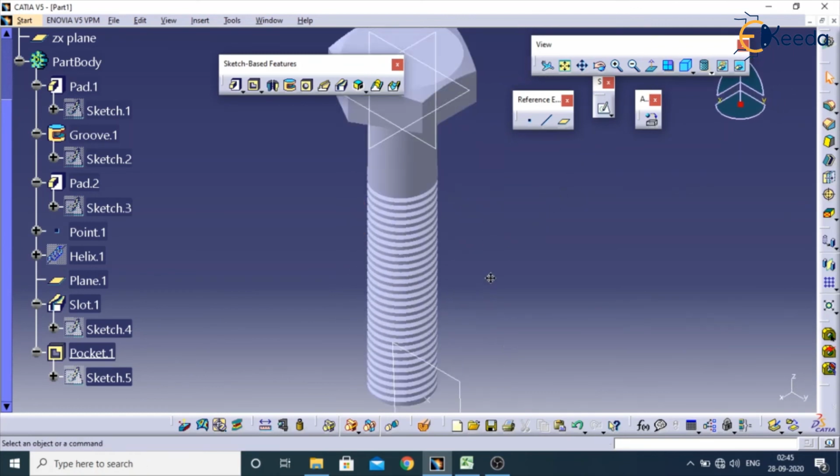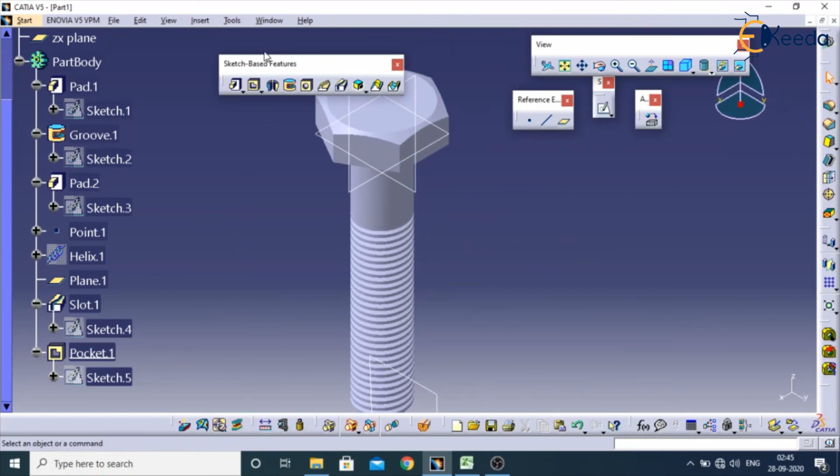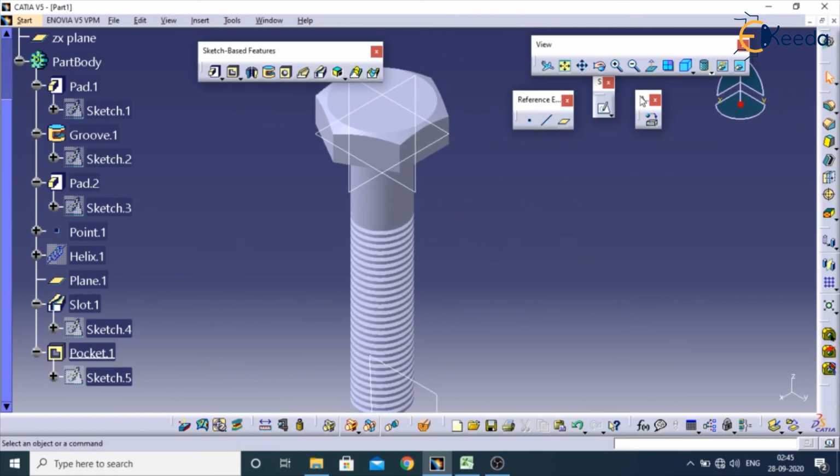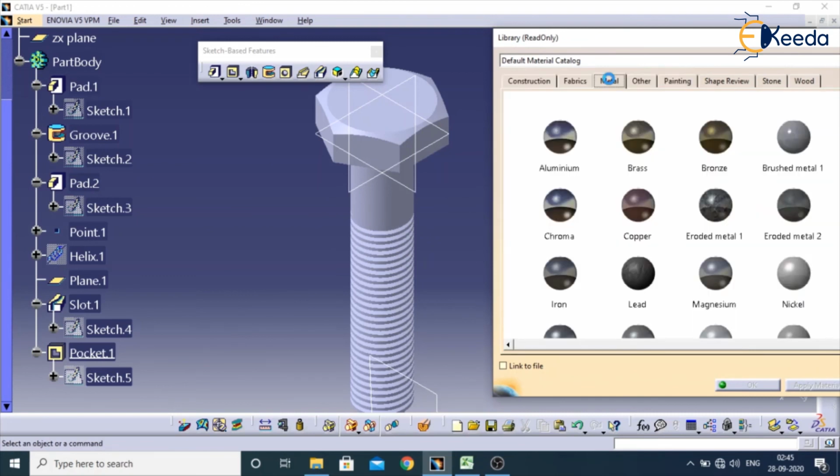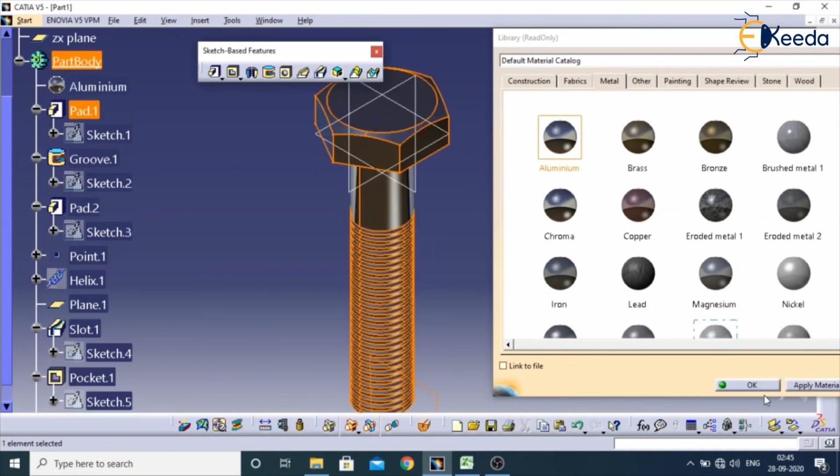Click on isometric view. If you want to apply material for this particular object, the apply material toolbar is available over here. Click on this. Go for metals. Click on aluminium. Drag and drop the object on this. So you need to apply OK.